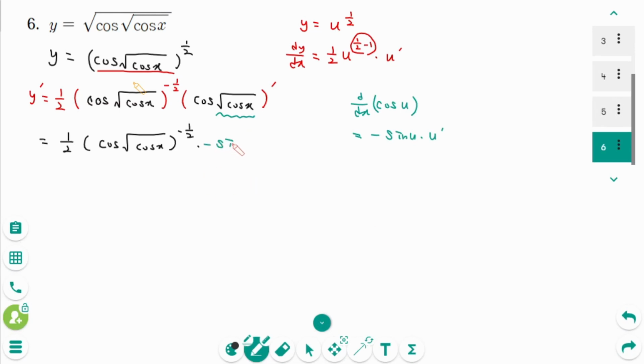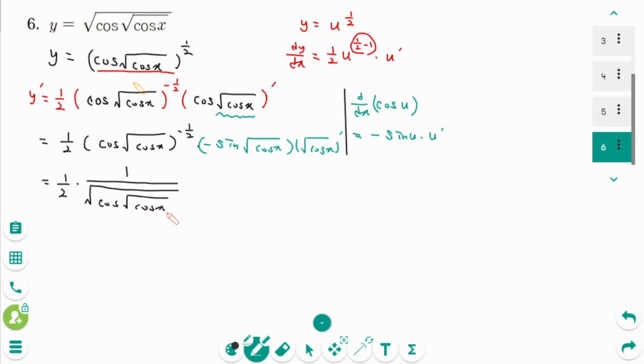So minus sine u times u prime equals 1 over 2 times, back to the radical form, 1 over square root of cosine square root of cosine x times minus here, then sine square root of cosine x times